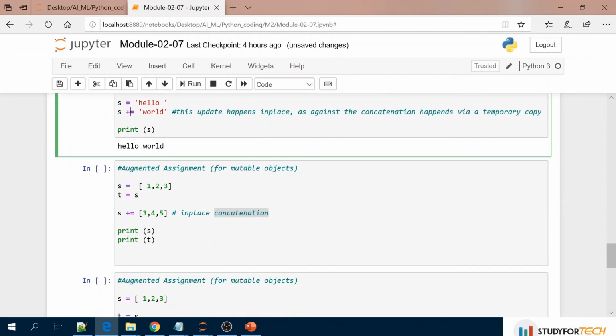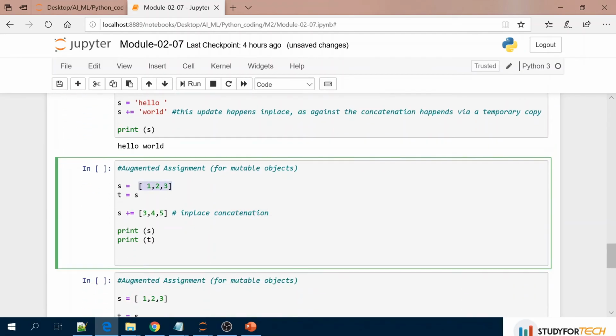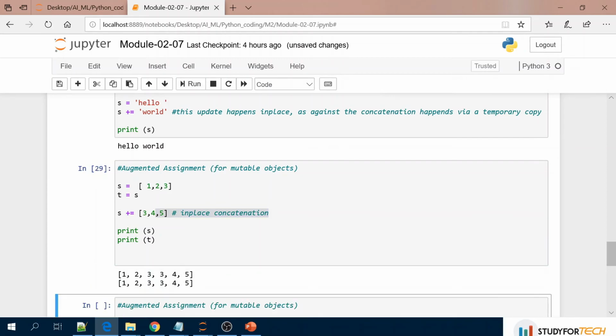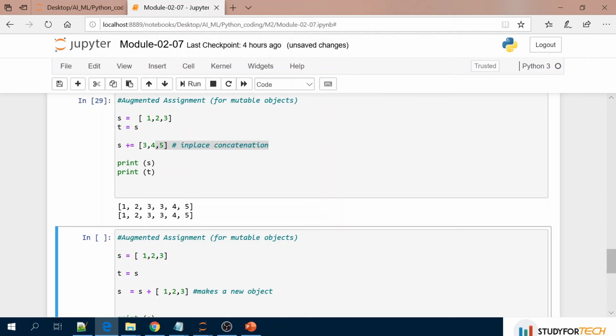And if you see here, s equal to 1 2 3, and if I am assigning t equal to s, so s and t are pointing to the same memory location which has a list, and this list is mutable, and when I am doing s plus equal to 3 4 5, in-place concatenation happens. In place means same memory location concatenation happens, and when it happens in the same memory location, if you print s and t, both are pointing to the same memory location, and its value has been changed in that same memory location.